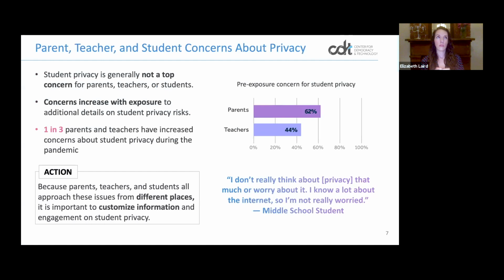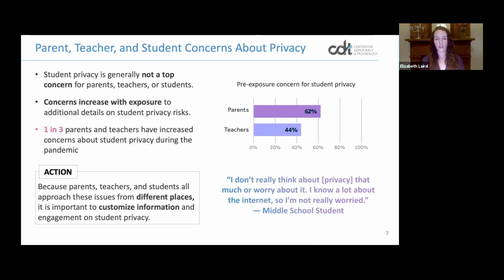And so the next thing that we looked at was how do parents, teachers, and students think about privacy? What do they know? What are they worried about? Again, not really being sure what they would say. What we found is that across those groups, parents, teachers, and students, privacy is generally not a top concern for them. Now, does that mean that it's not important or there isn't work to do? No. What we found is that concerns do increase as they learn more about the risks. So it's not something where these stakeholder groups are informed and know everything and have decided it doesn't matter. But as they learn more and become more familiar with the risk, concern does grow.